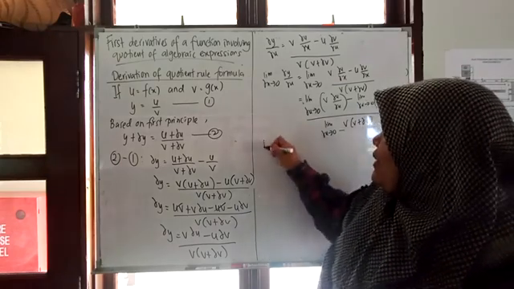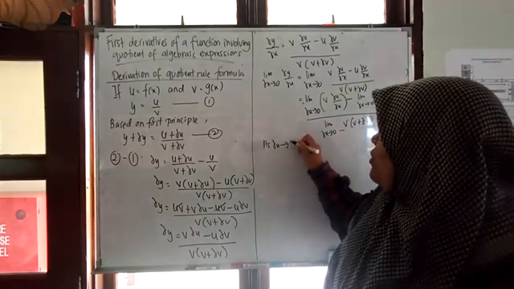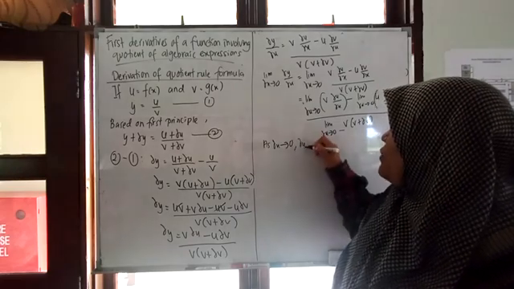So as delta x approaches 0, we need to know that delta u will also approach